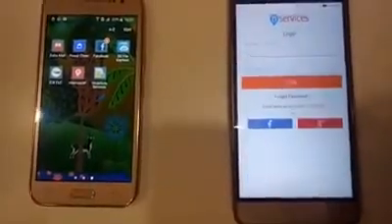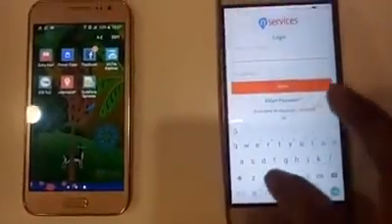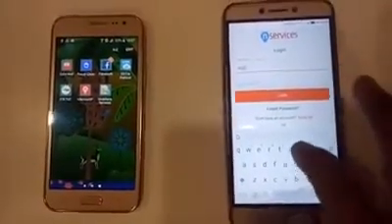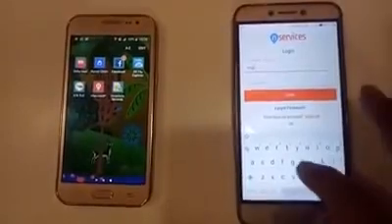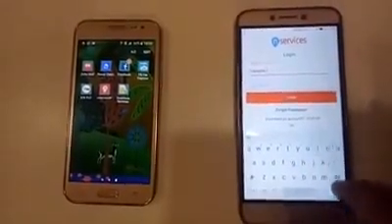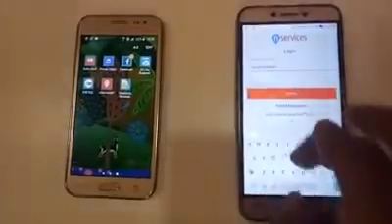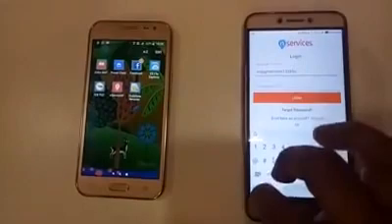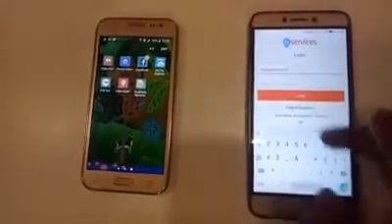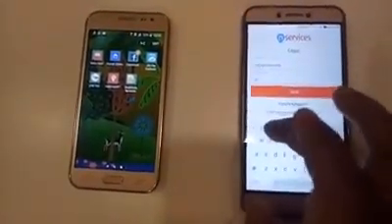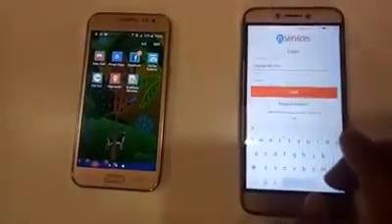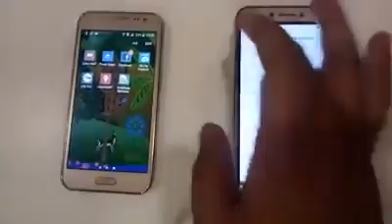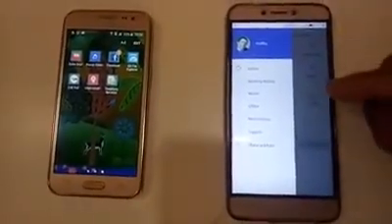As I already have my login, I am just going to log in to my account. So I have just logged in to my user account.